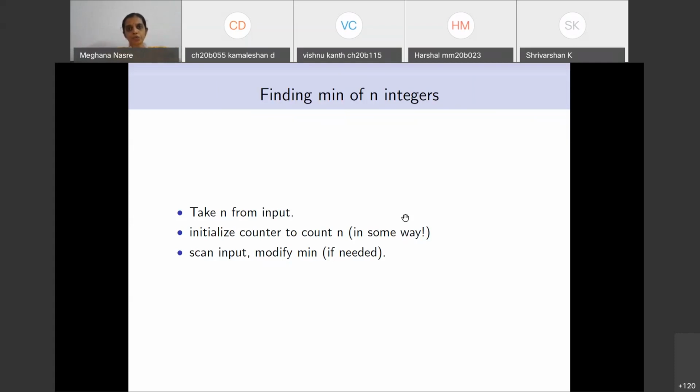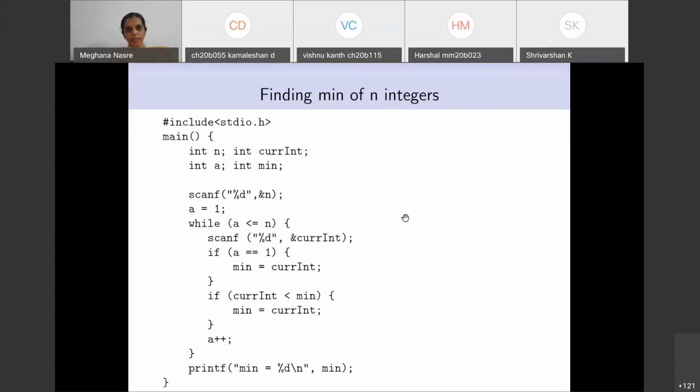This is something that you should get used to writing on a piece of paper or in your text editor before you start typing code. Okay, so instead of going back to the REPL.it, because it takes a little time, I'm going to show the program here. If required, we'll go to REPL.it.